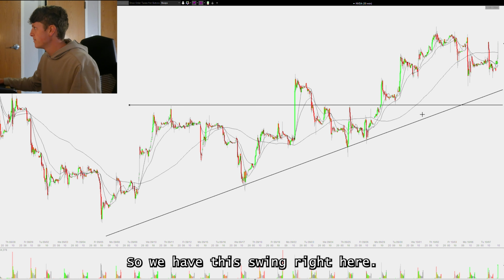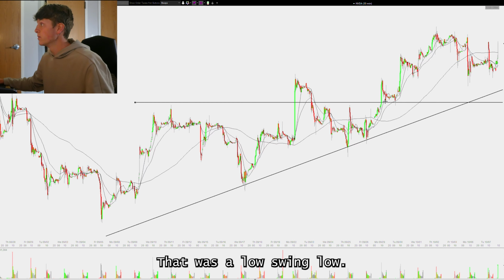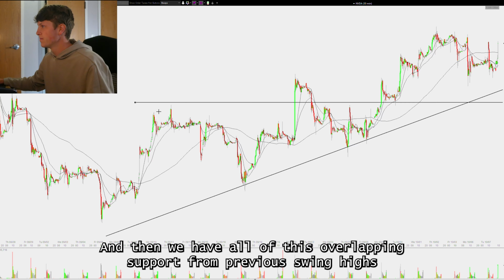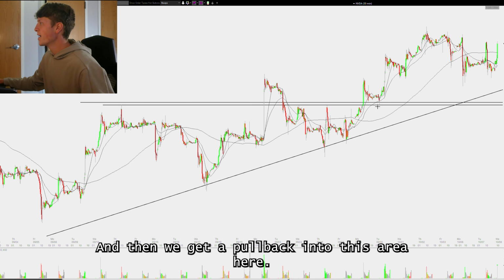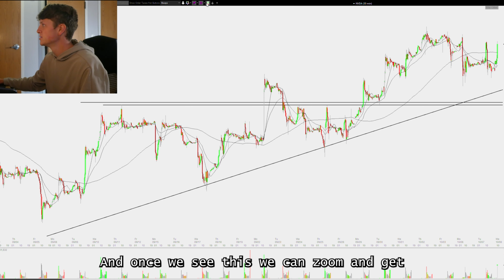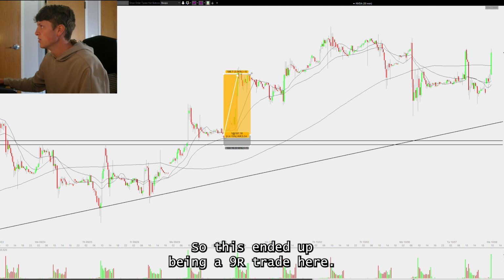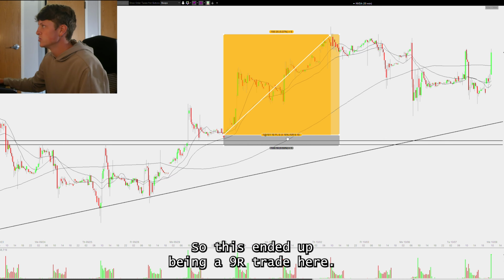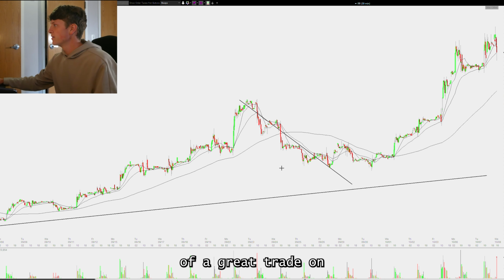So we have this swing right here that was a swing low, and then we have all of this overlapping support from previous swing highs that became support once we got above them. And then we get a pullback into this area here, and we have all the moving averages here. Once we see this, we can zoom in, get long on the reversal, target the highs. So this ended up being a 9R trade here, and I'll show you guys another example of a great trade